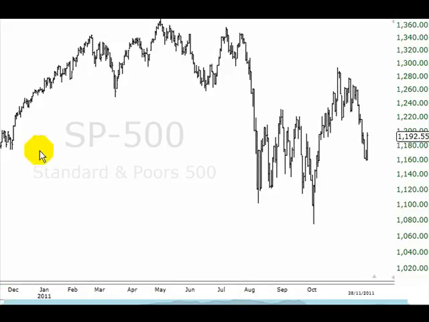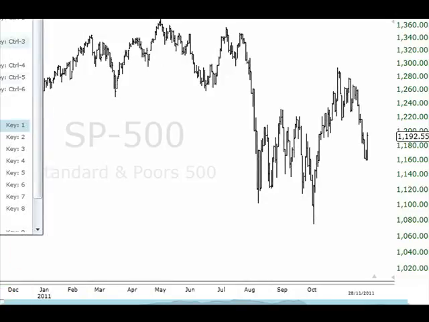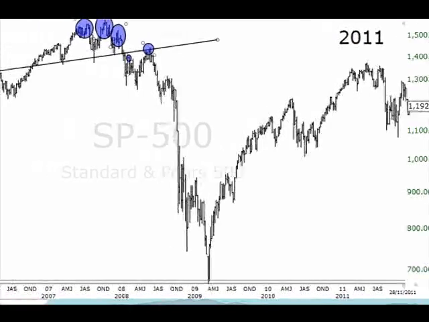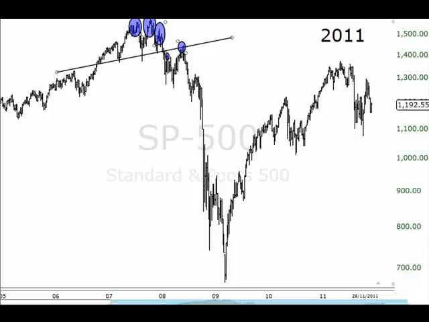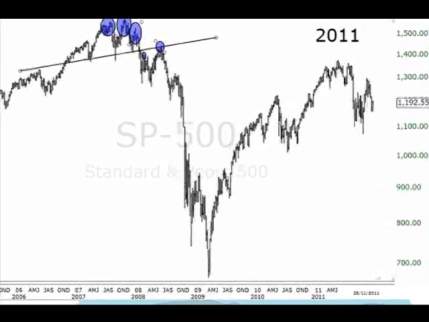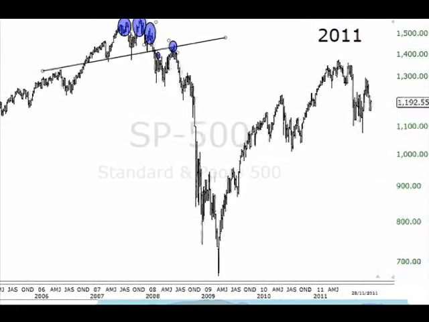I want to now pull you over to a weekly chart. Let me squeeze this up as much as I can so we can get the whole gist of it. Fantastic. So now what we have here is 2011, and this is the 2008 stock market crash when the market came down. And now in this example, we have 2011 where we have a similar pattern. If you haven't seen that similar pattern, go back to past videos. You'll be able to see what that similar pattern looks like.